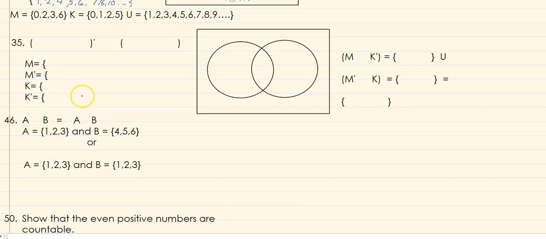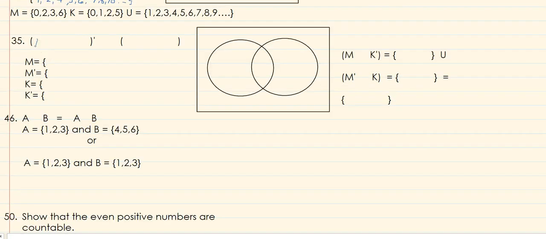Number 35 is a little more complicated. We have 3 sets, M, which is 0, 2, 3, and 6, K, which is 0, 1, 2, and 5, and then the universal set, which is X is greater than 0 and X is greater than or equal to 0, or X is greater than or equal to 10. So it tells us in 35 that we're to find the set M. So in number 35, we're to find M in intersection with K,